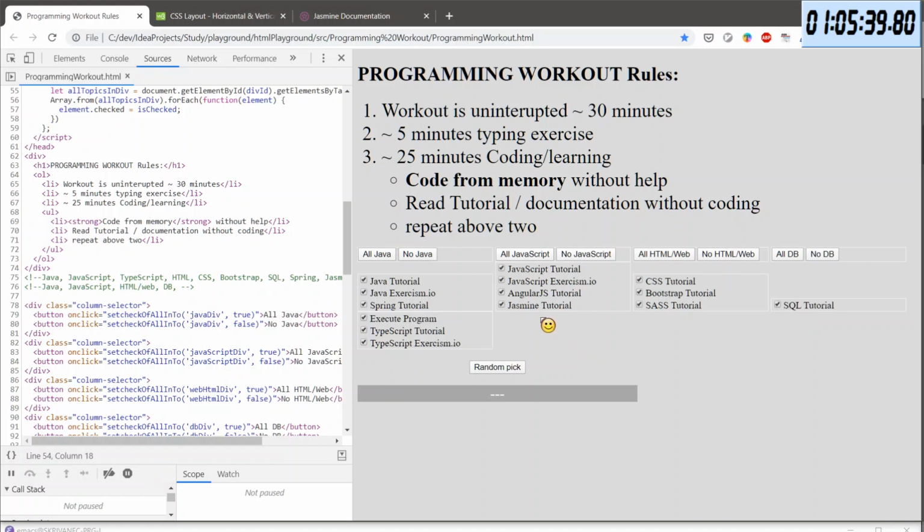Also, now it does not have to, well, maybe it does have to say like JavaScript and so on. Like Java tutorial, Java Existing Spring tutorial.